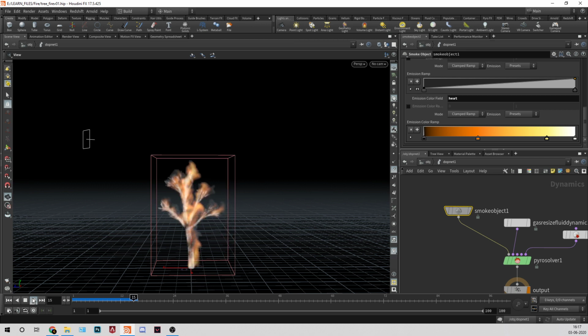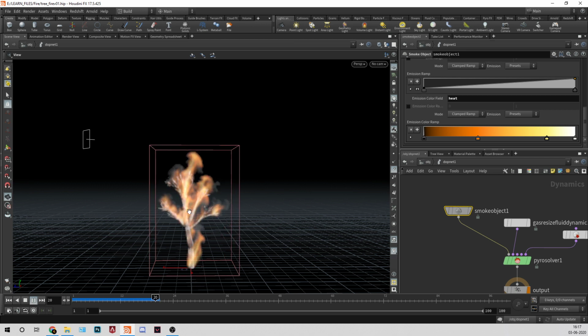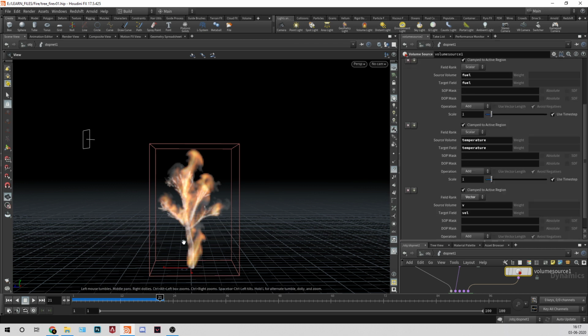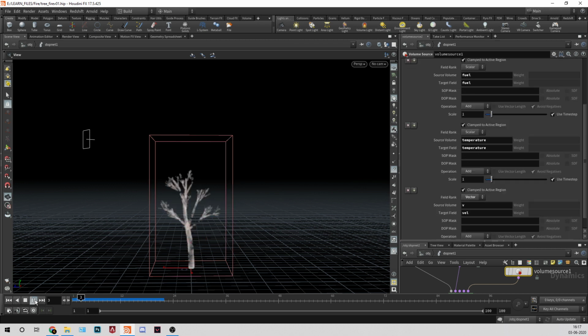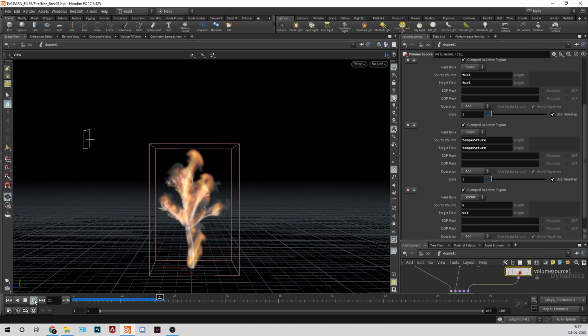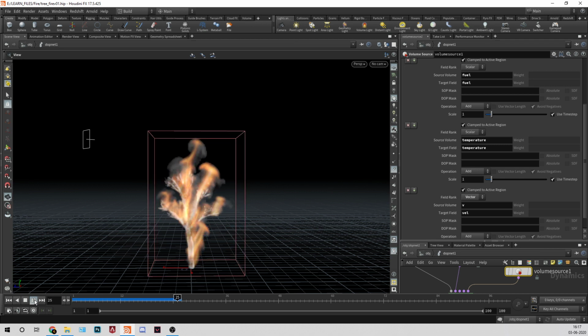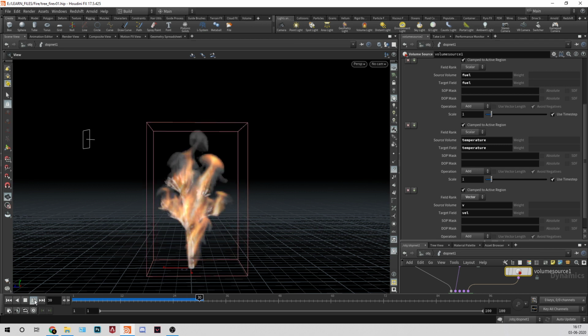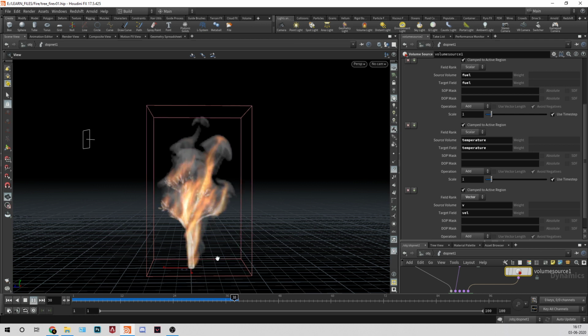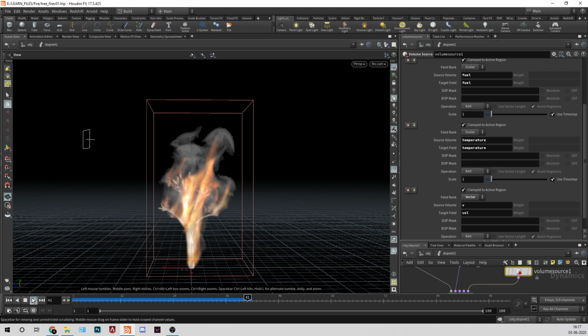Yep, so you can see we have a simulation. You can see it is going in this direction because our velocity is working. Yeah, so this is the setup. We have our basic setup for the fire, not fire, you can say we have a basic pyro setup. Now after this we'll start changing the values. Even it is looking nice at the start.